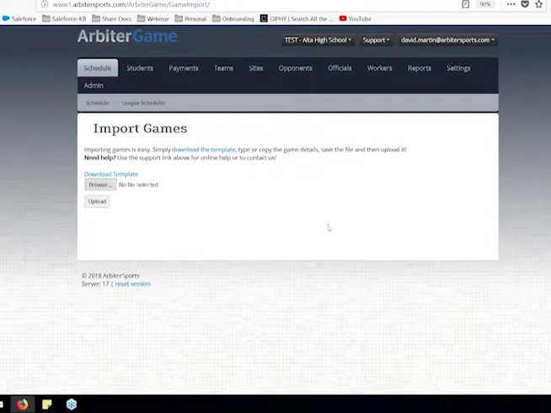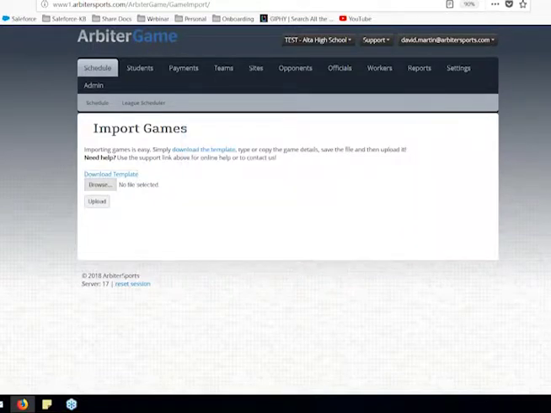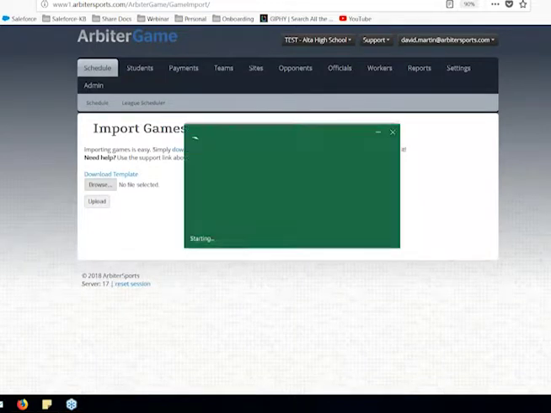Okay, so here's my template. Now it's important we do a couple of things within a template. Everything needs to be the way it's put on the system. So we definitely don't want to hide anything. We don't want to delete anything. If you don't use that column, make sure you click up here and see if it's required or not. So you can see that we have to actually put in a date and that it's required, and how we put that date in.